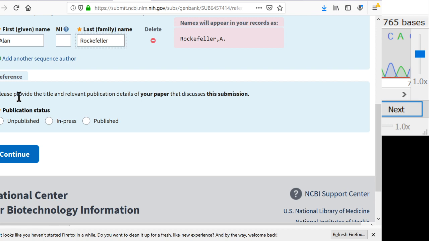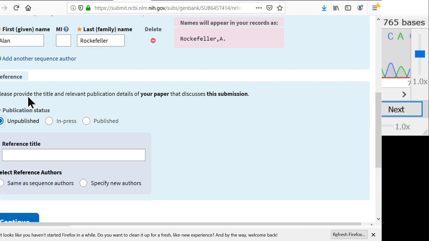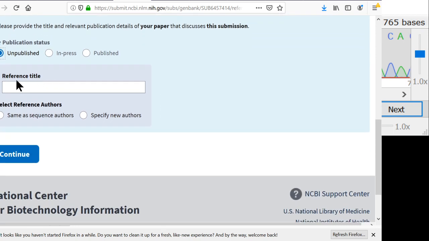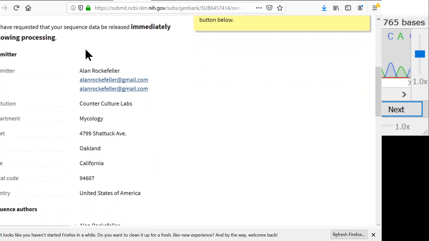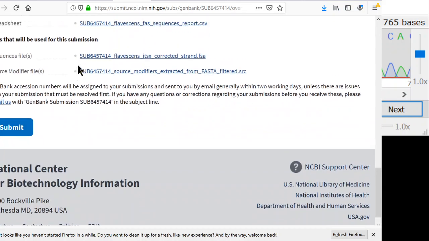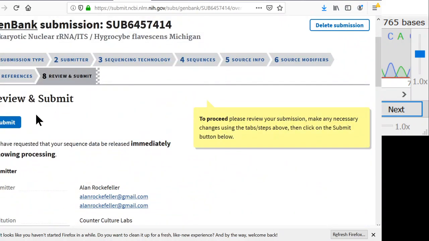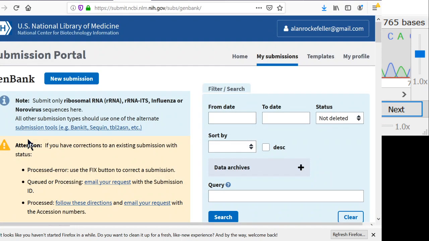So I submitted a lot of sequences that do not go with a paper. So we just say unpublished, and then you can just leave this stuff blank and hit continue. And now we just look it over, see if everything looks reasonable, which it does, and click submit. So now this sequence has been submitted, and in one week it'll go live, and if anybody else finds the same mushroom,